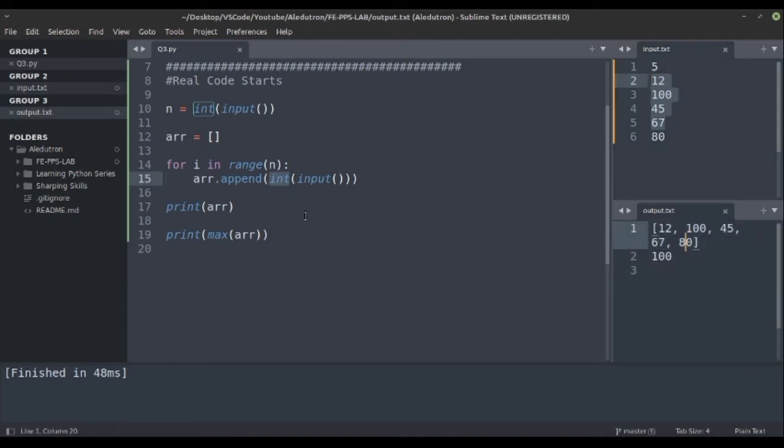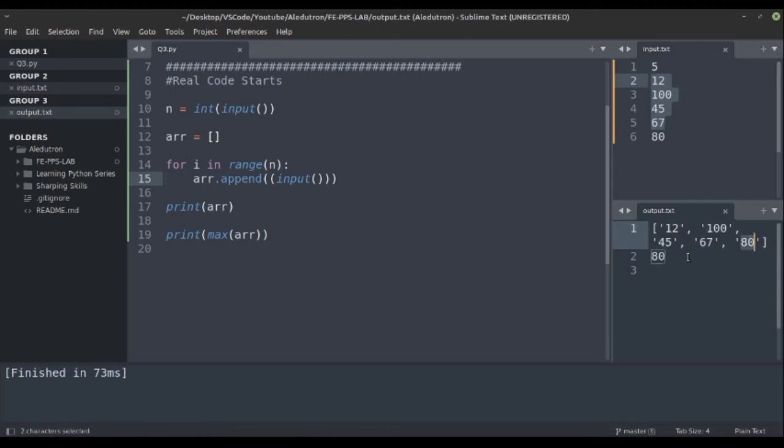If I don't use this int and directly take the input, then it will be appended as a string. You can see here we have got strings, these are all string representations.